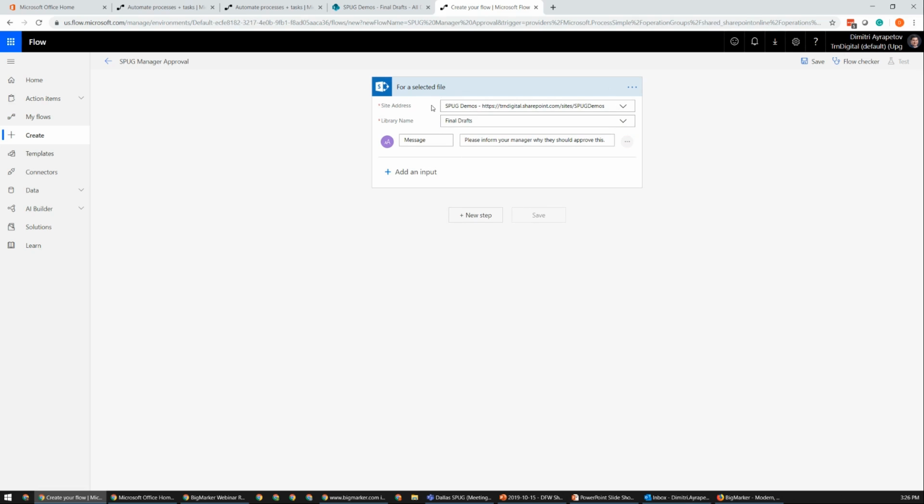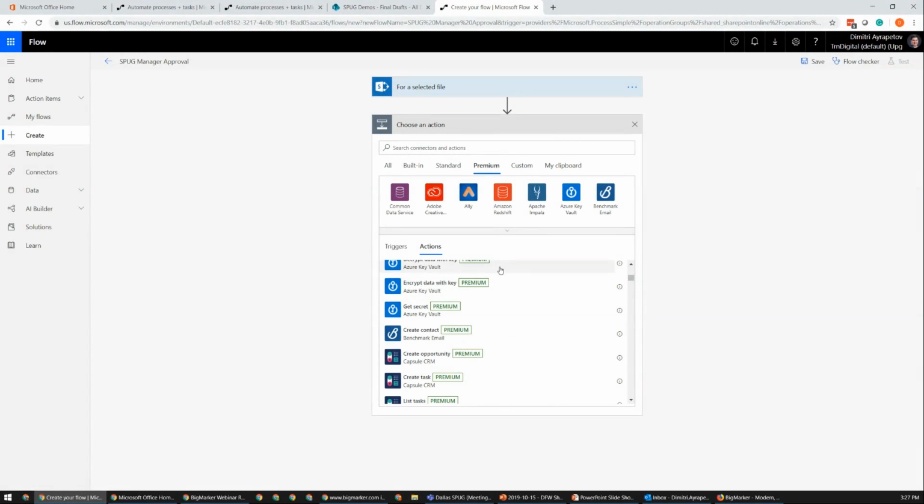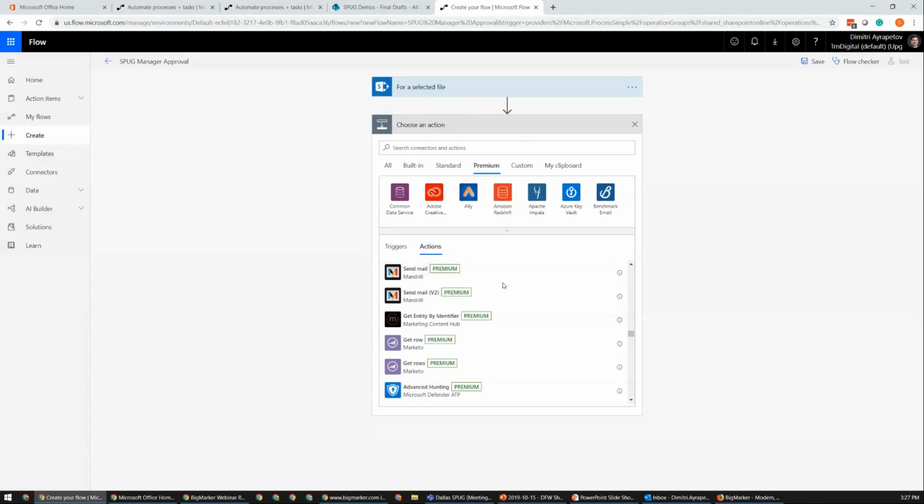So now that we have this trigger in place, it's time for us to add an action. And the first way that we'll add an action is by clicking Add a New Step. And when I click Add a New Step, it's going to give me all of the available actions across the board. Now, there's a lot of great ways that we can filter things down. We can look at some of the built-in controls. We can look at some of the standard ones, including most of your operations within Office 365. We can see premium connectors, which is where you might want to send something for a DocuSign or an Adobe sign-off. The premium connectors do require that extra license. So if you're looking to automate large-scale systems, you might want to double-check the licensing requirements there.